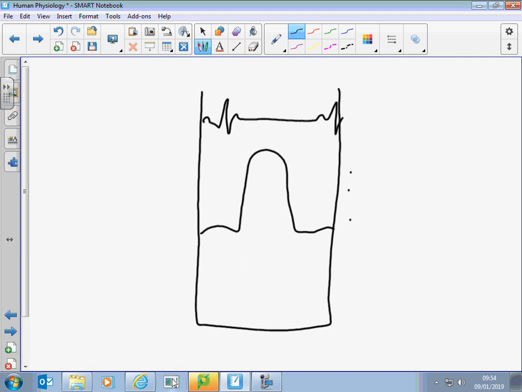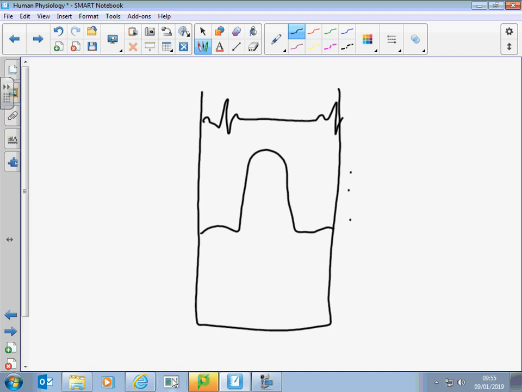Now, that creates a sound in the heart. If you listen to the heart, you hear a heartbeat as two sounds, don't you? So I'm now jumping to the bottom of the graph. They actually have names. The first sound is lub, and the second one is dup. Seriously. Lub, dup, lub, dup, lub, dup is your heartbeat. Now, the lub sound is created when the ventricle starts to contract and the bicuspid and or tricuspid valves close.